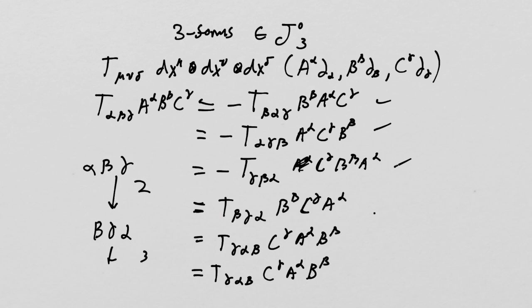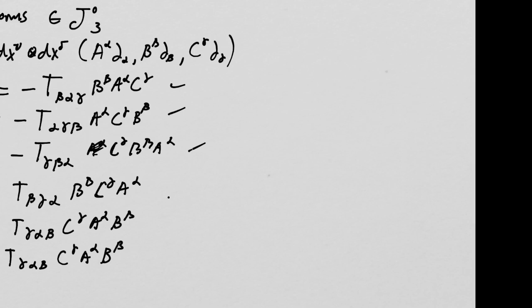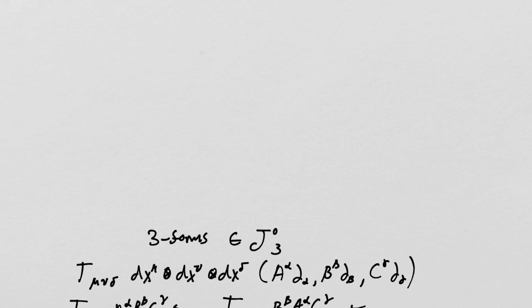So now I need to construct a tensor from the 0,3 rank tensor product space that satisfies this whole behavior. And it's going to be very similar in design to the one we've already done, right? Let me move this over here. And that tensor is going to look like this. It's going to be T mu nu delta times dx mu tensor product dx nu tensor product dx delta,